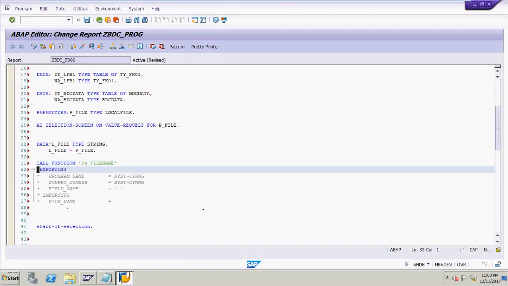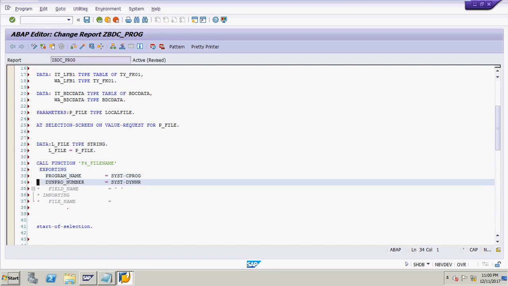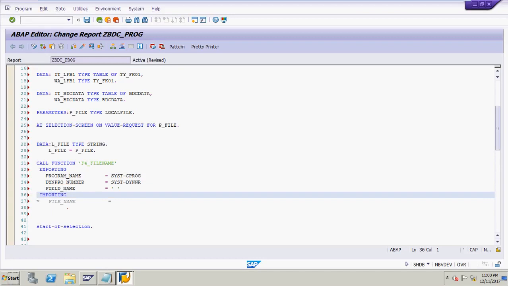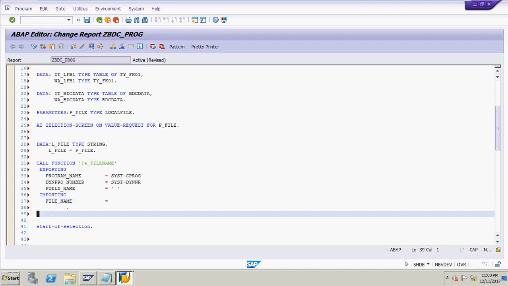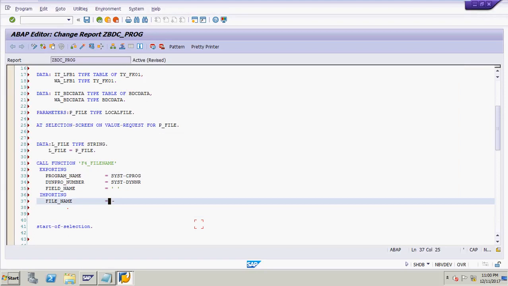Now these things will come automatically. Here you have to give the file name. Which file name? P_file, which I have mentioned as the parameter file name.